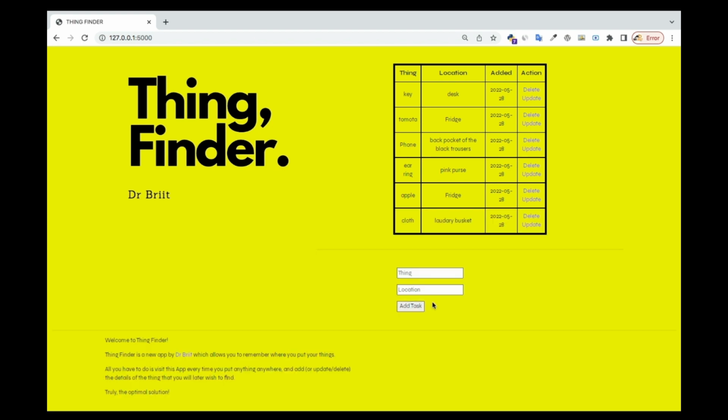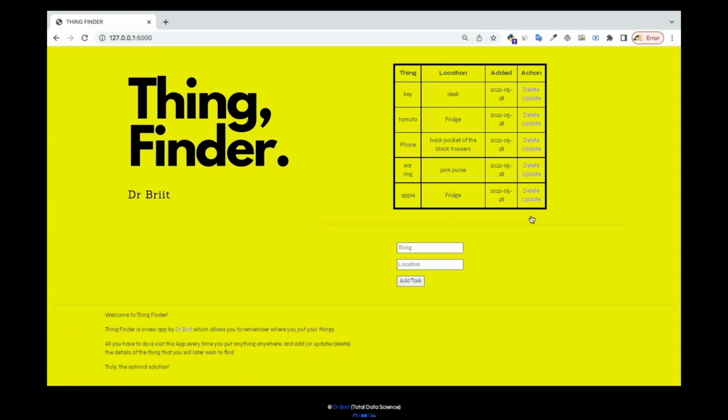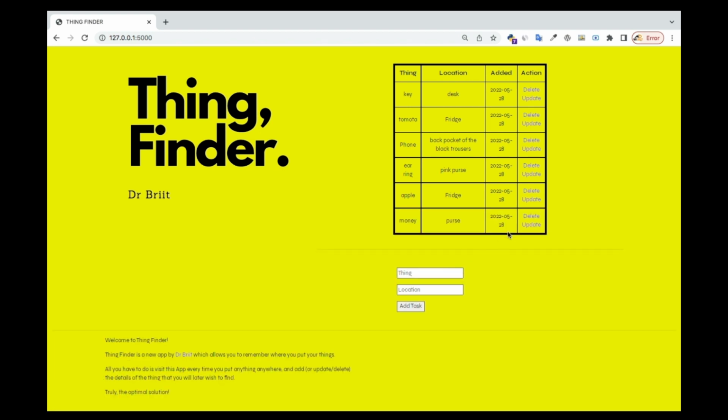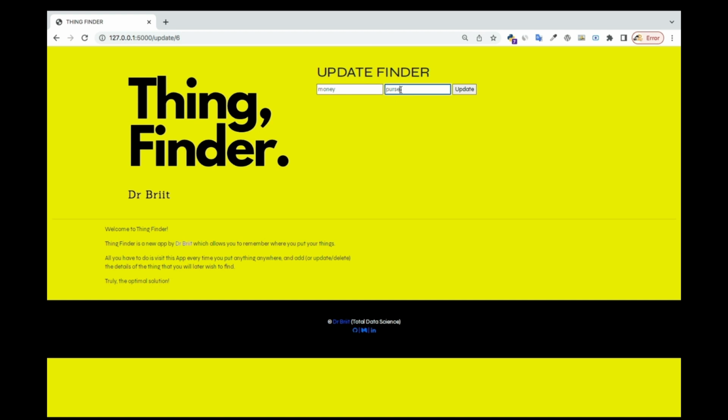Okay, and if you don't want, you can also delete or update. If I click on delete, it's gone. If I add something, let me just add maybe the money, I've put it in the pairs. Right, and then I can go and update it. So maybe it's not in the pairs, but rather in the